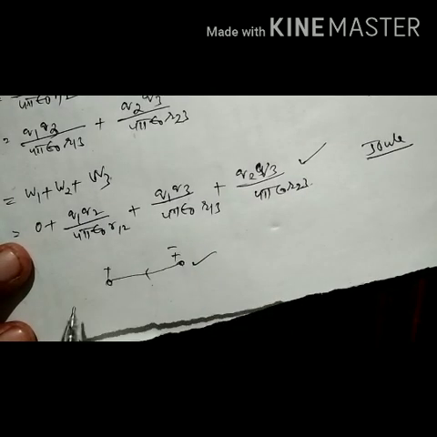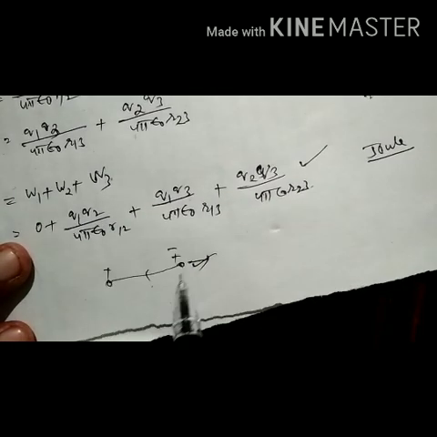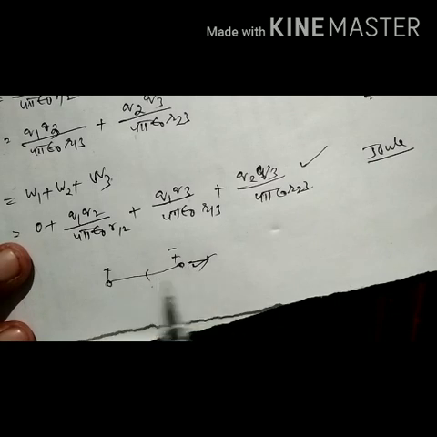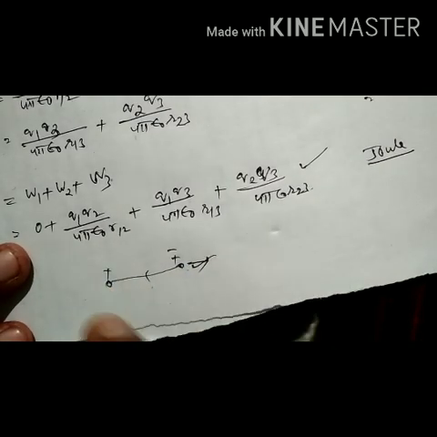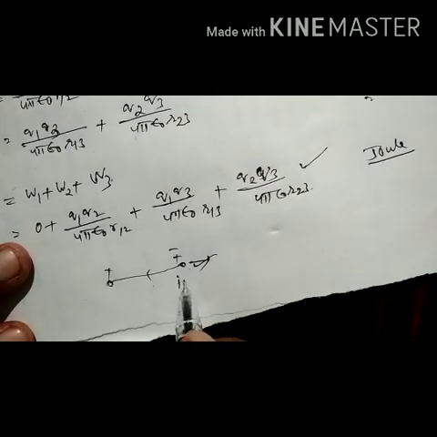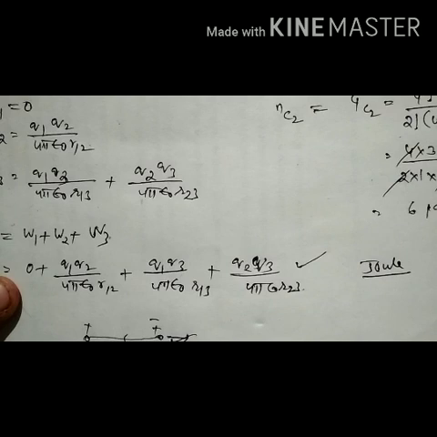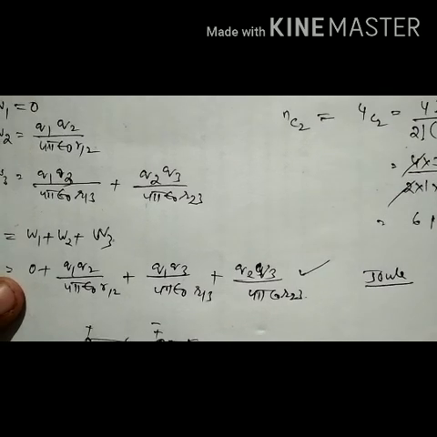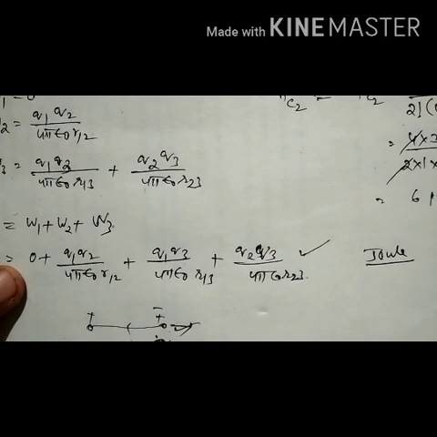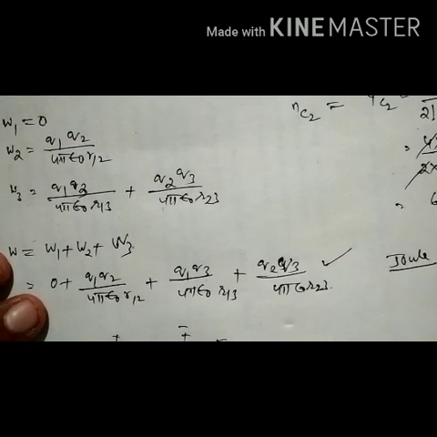Otherwise, if it is a negative charge, you have to apply an opposite force to hold it stable, because the negative charge is always attracted by the positive charge. So the potential energy of the system decreases. Depending on the work done, if it is done on the system, the potential energy increases. If it is done by the system, the potential energy decreases. So we will consider one example.